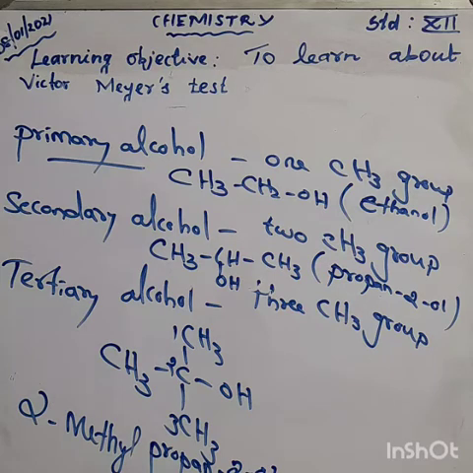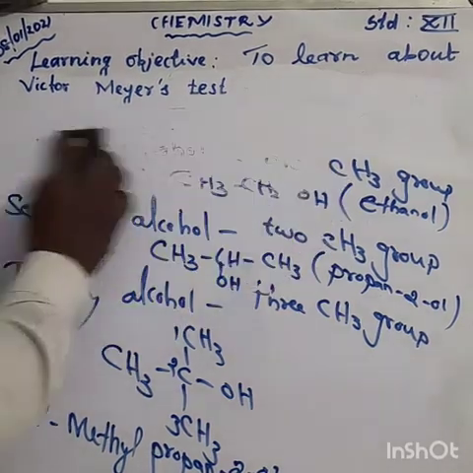So here, what is the Victor-Meyer test? The three alcohols react with phosphorus and iodine. The second reagent is AgNO2. The third reagent is HNO2, and the fourth one is potassium hydroxide. So please, all of you listen carefully. Very, very, very important question. Try to learn the question thoroughly. So what is the first reaction? Primary alcohol.